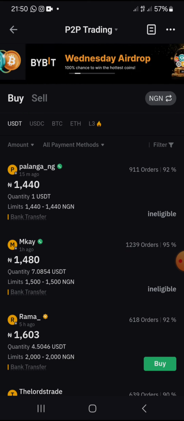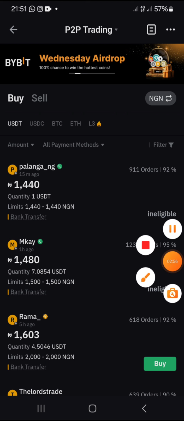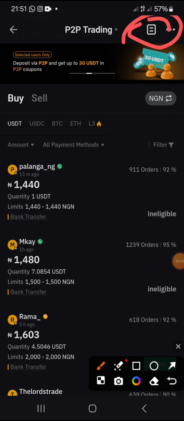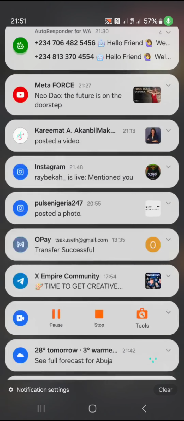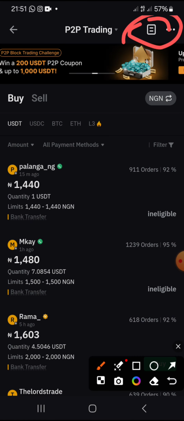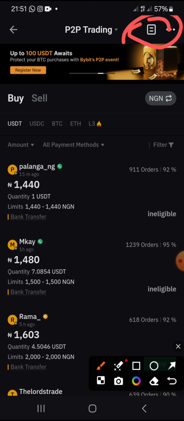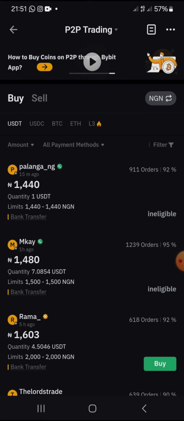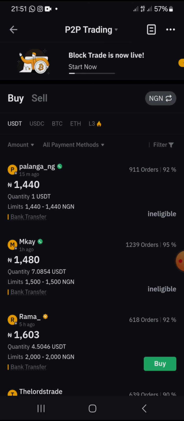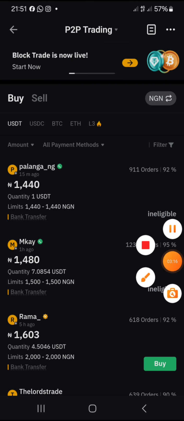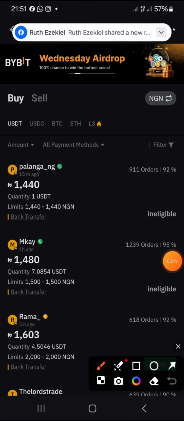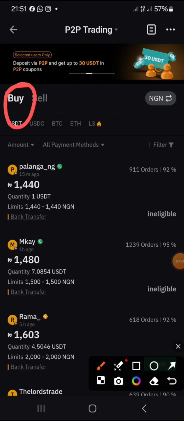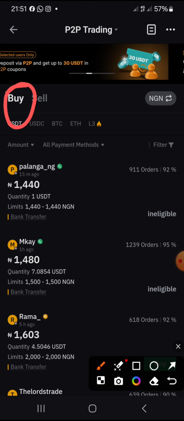So now you are going to see a whole lot of options. There's this place here, this one that looks like a board, to be precise. There is where your order is being kept sometimes. So in case you have made a purchase and you come back or anything, you can always trace your order from there. Why I'm telling you this is because sometimes you might want to find a transaction you are yet to complete. Okay, so now there is buy and there is sell,